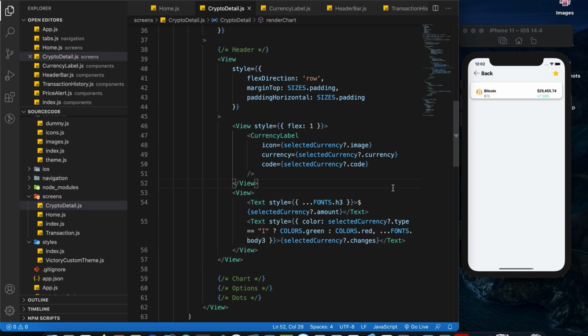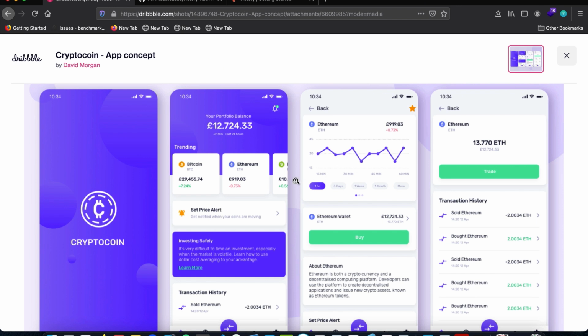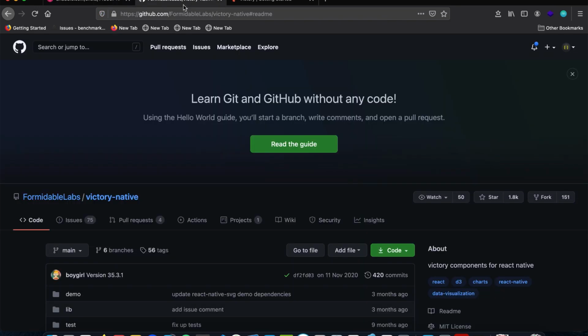Perfect. Alright, so we have completed the header section over here. Next we'll move on to the chart section. In order to implement a chart like this, we will need to use a library called Victory Native. So scroll down